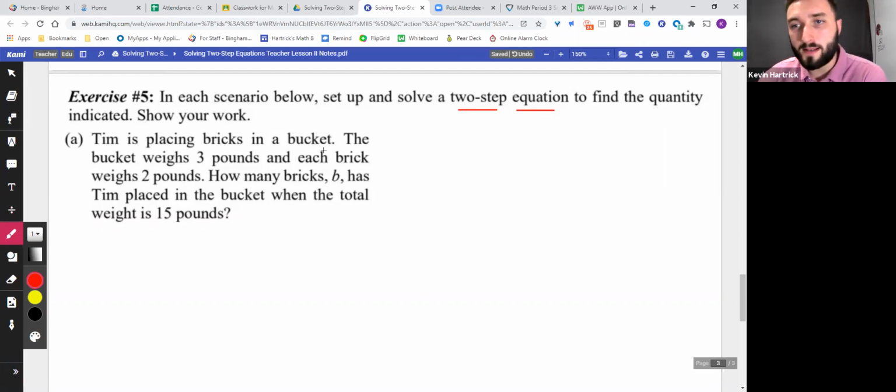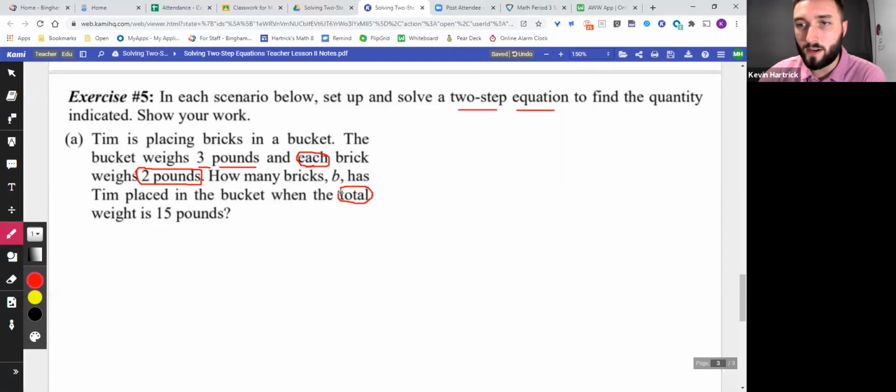Tim is placing bricks in a bucket. The bucket weighs 3 pounds, and remember, each is an important word, each brick is 2 pounds. So I know that the 2 is going to go with my variable because I see the word each. Whenever I see the word each, it tells me that number is going to go with the variable. So it's asking how many bricks, B, so our variable is B, has Tim placed in a bucket when the